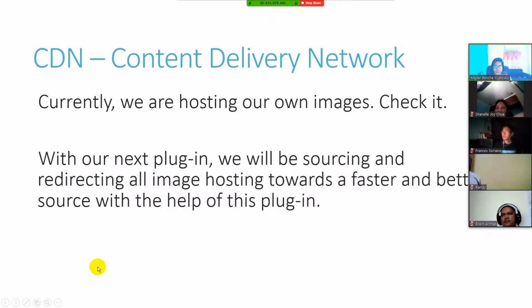Okay, so we're gonna proceed with the optimization work. Next, we're gonna do a CDN, which is called Content Delivery Network. This means that right now, our website, all the images, all the pictures, all the texts are being handled by WordPress, right? When someone visits your site, our server and WordPress is the one that delivers it to you. When you type www.tatlongbudoy.com, WordPress delivers it to you. The problem is WordPress is alone in doing this, no? So he's the one carrying all the images. It's very heavy and he needs help. WordPress needs help.